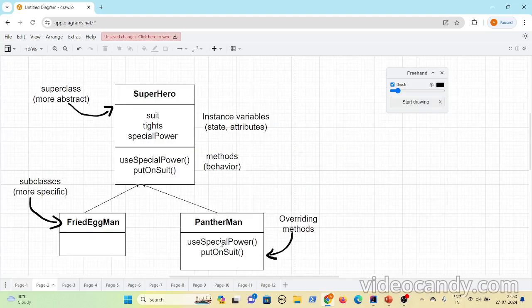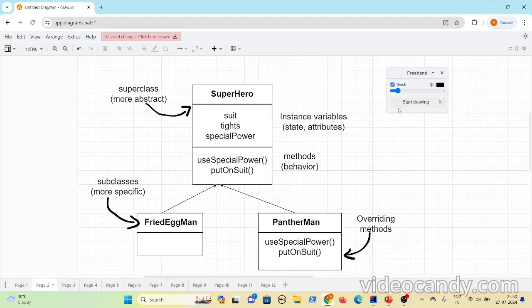Now let us consider another example. We have seen many games with superheroes. There are multiple superheroes, but whenever you consider a superhero, what characteristics does a superhero have? They can put on a suit and they have special powers. Each superhero has different special powers, but ultimately they have a special power and can use it.